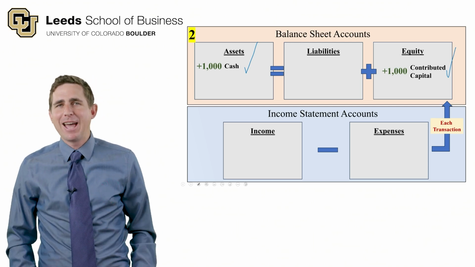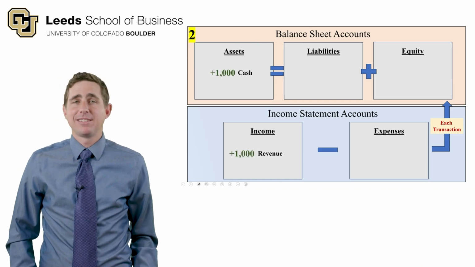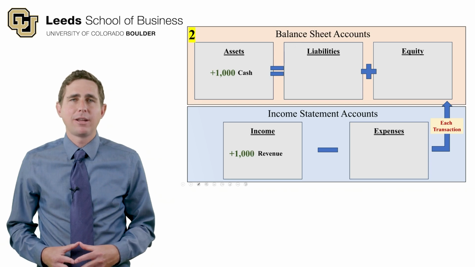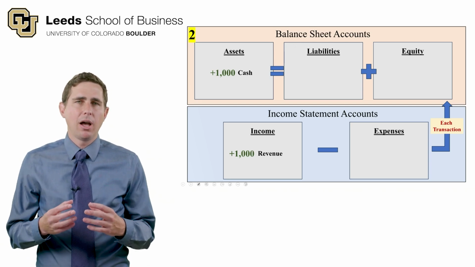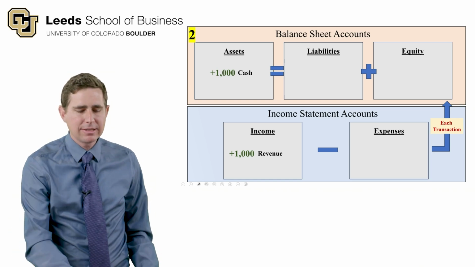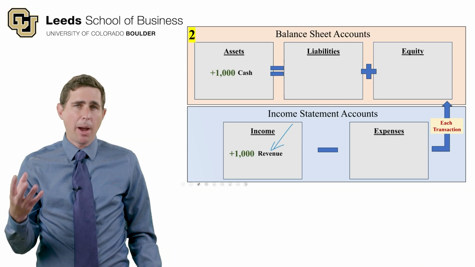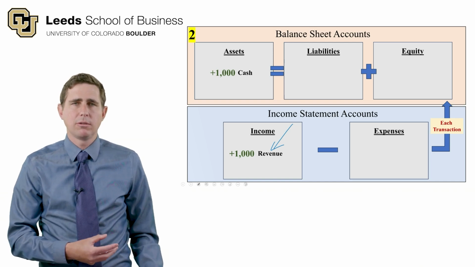And the last transaction, what else could an increase in cash be? Maybe we actually made a sale, okay? Maybe we actually sold something for $1,000. And so when we've earned amounts from our customers because we've delivered goods or services, that's considered revenue. So that is reflected on our statement of operating performance, the income statement, as an increase to revenue, which